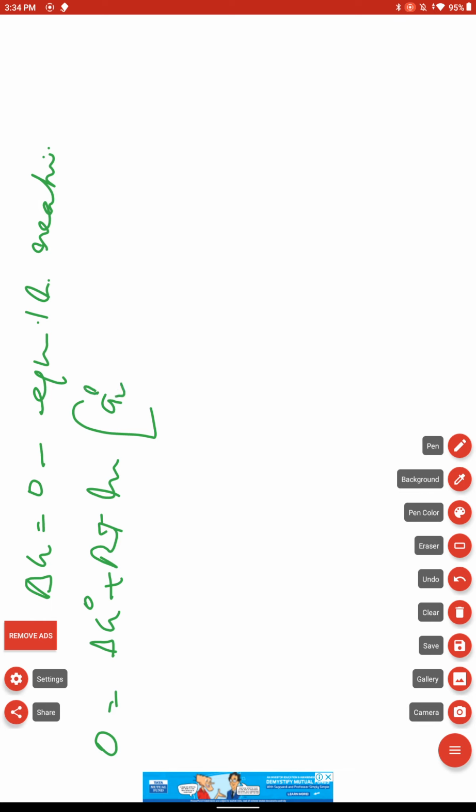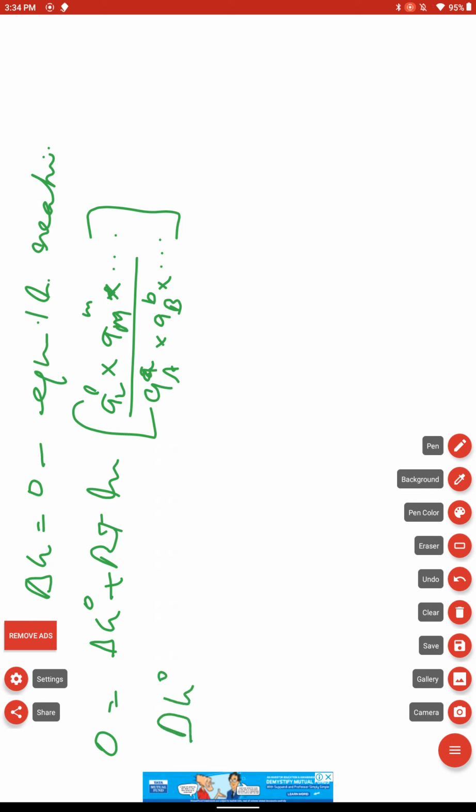AL into AM, small m, capital M, divided by AA into AB. The equation reduces, so we can again modify the equation, that is delta G0 is equal to